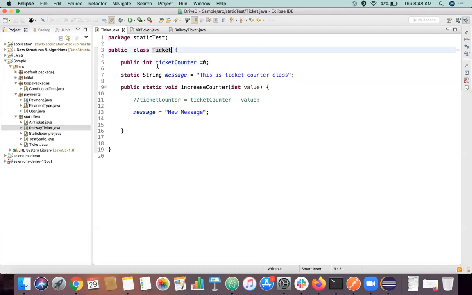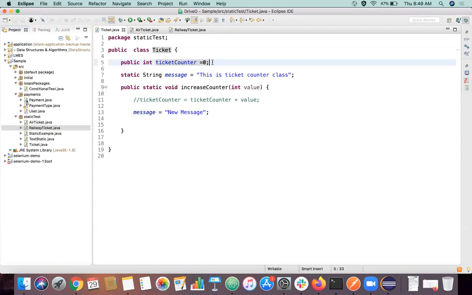In each and every object, this ticket counter value may vary, but if it is static, for every object this value is the same. It's a kind of common resource area where I can go and change things wherever I want, and that changed value is available to the remaining objects that try to access it.